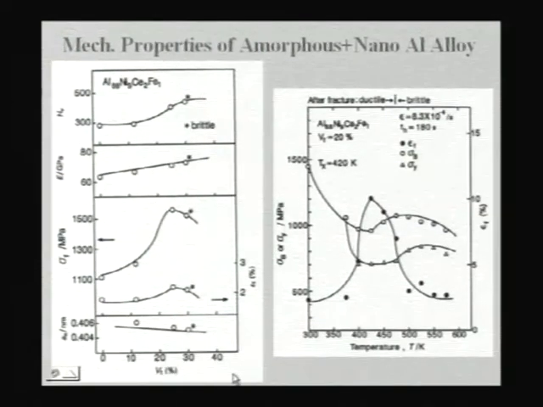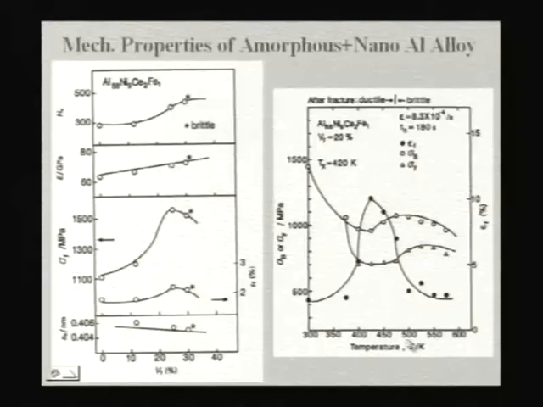One can vary the volume fraction, and you can see that there is a volume fraction beyond which, if you go to much higher levels, you are not going to get any additional advantage, basically because you need these nanoparticles to be separated by an amorphous matrix. The moment you start seeing that these nanoparticles start joining with each other, then you will see the crack propagation occurs at the grain boundaries of these nanoparticles. So you always need an amorphous region which is engulfing the whole nanoparticles. So you need to have a matrix of amorphous phase in which these nanoparticles are embedded.